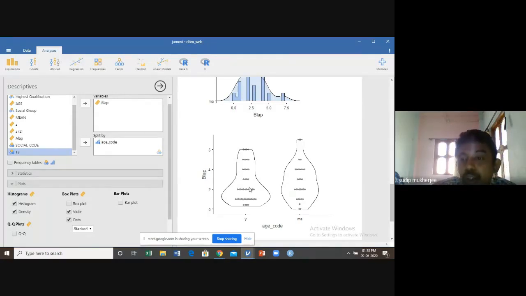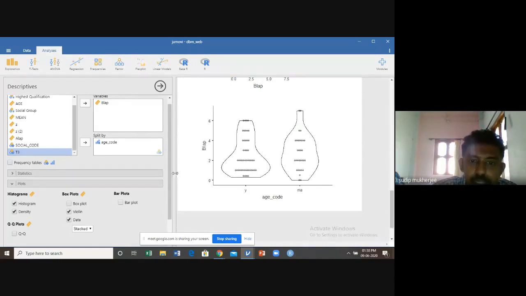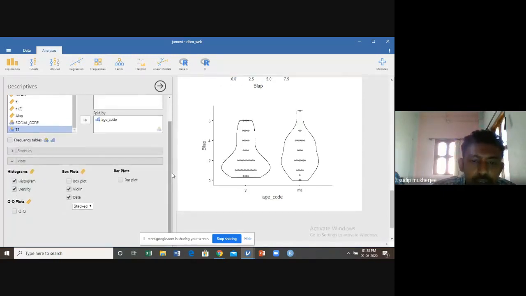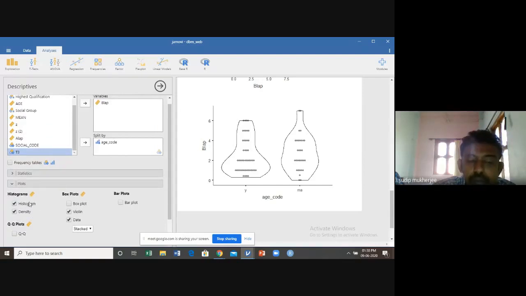This is a very beautiful diagram to represent the concentration of data and to view the nature of the distribution of the data. So using this observation, you can calculate the histogram, density function, box plot, violin, and bar plot.